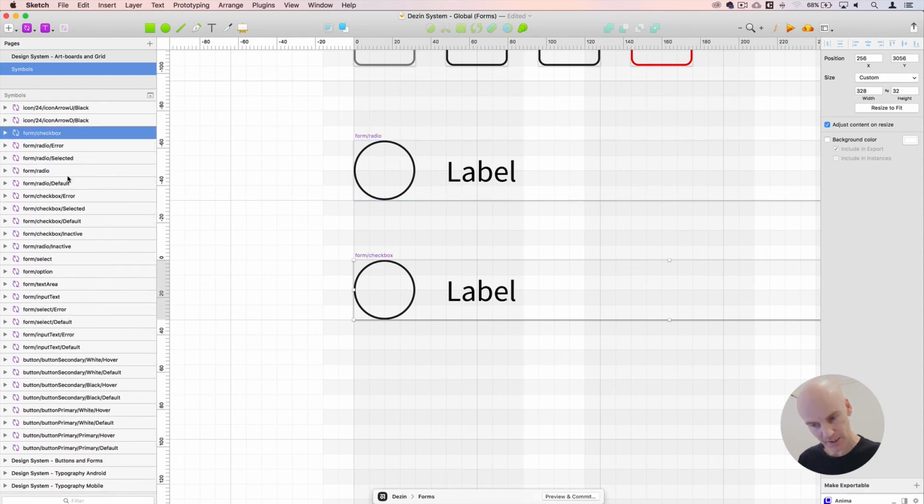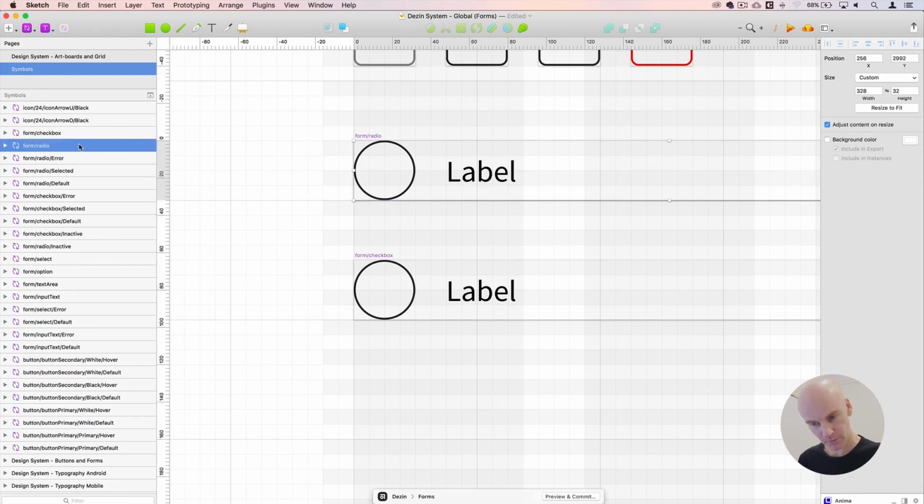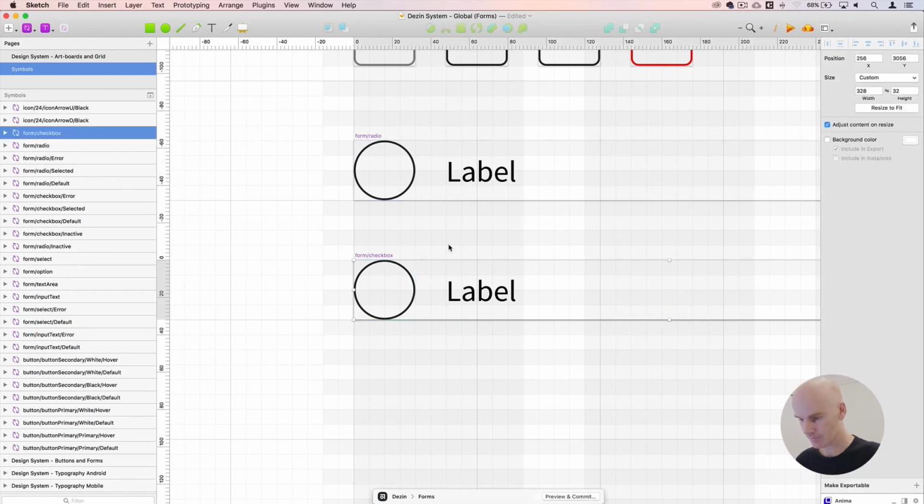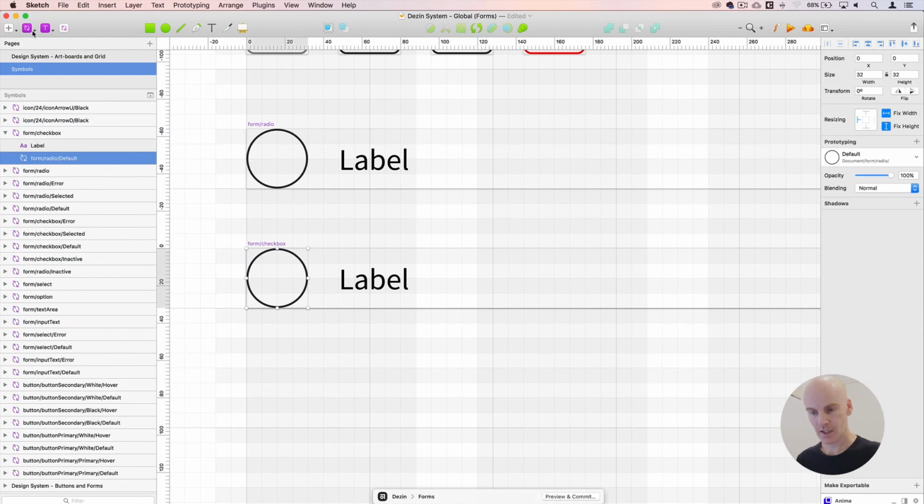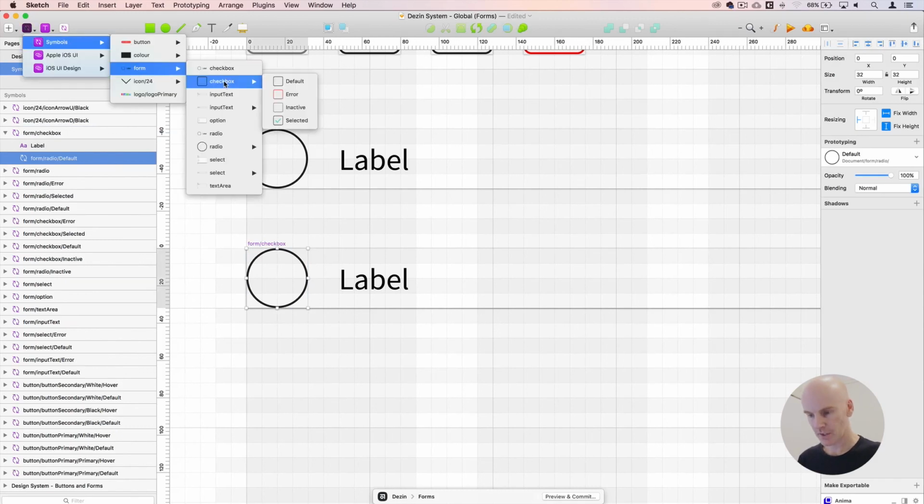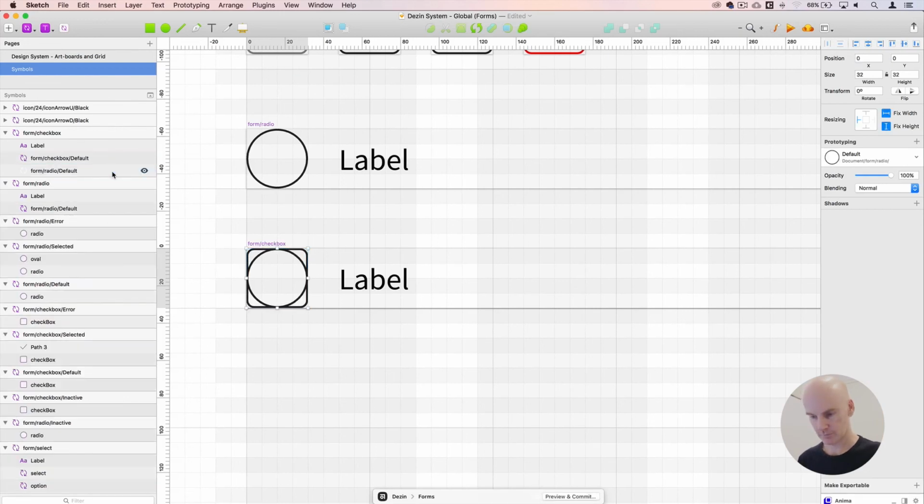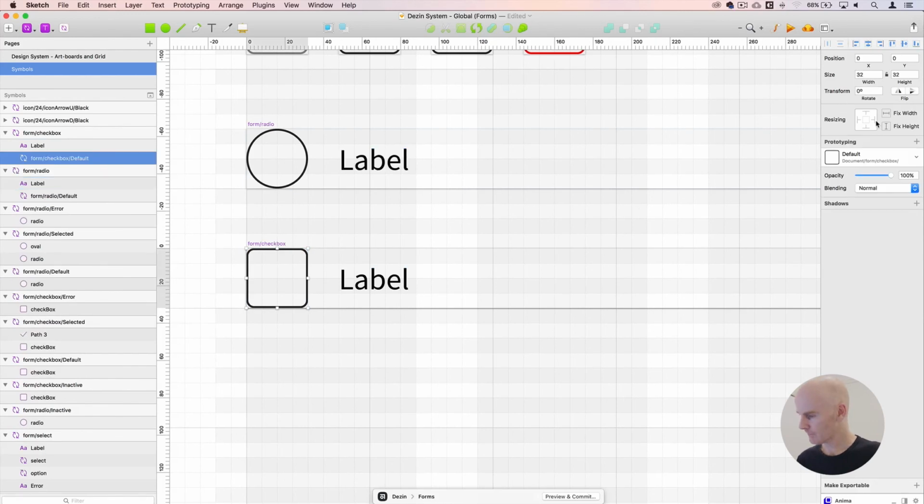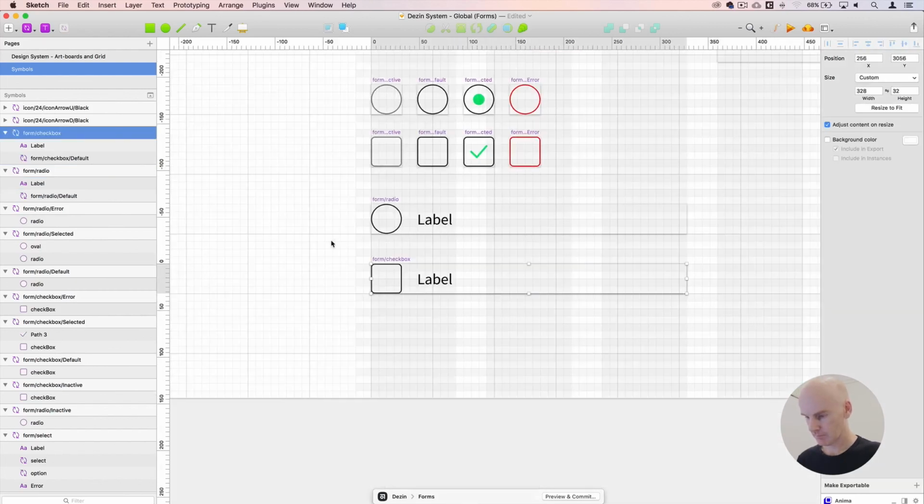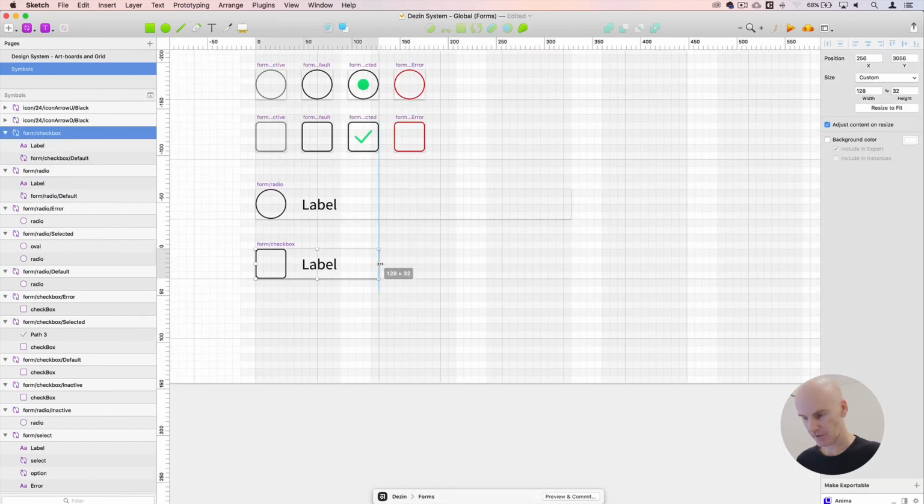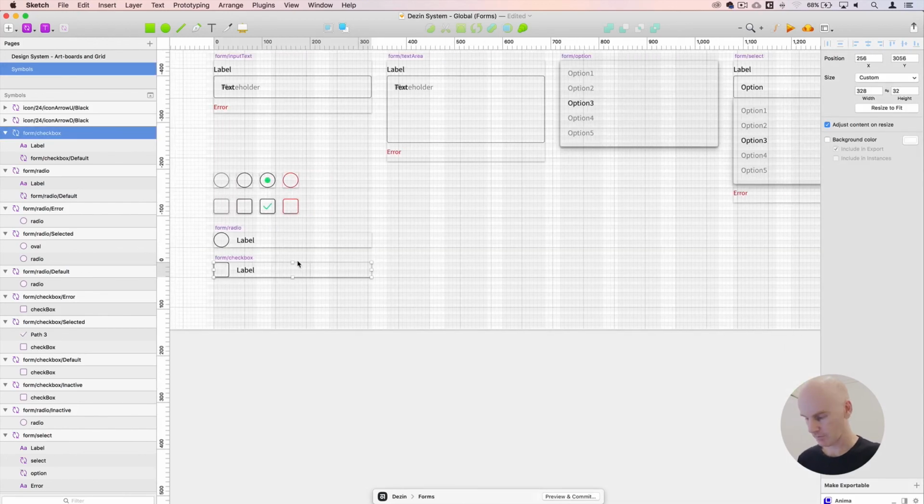Move it to the top of the stack. Let's go grab radio, place that underneath it. And then place checkbox default there. Delete the radio underneath it. Make sure this is left and fix width and fix height. And the same thing should be happening there. Great. So if we go back out,